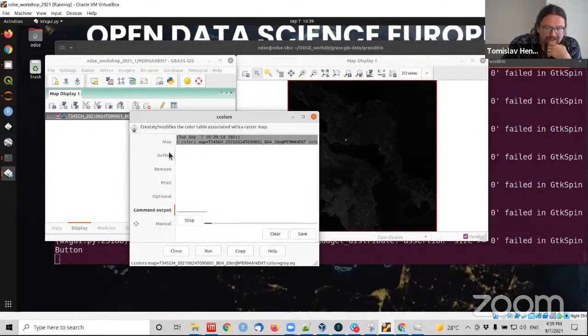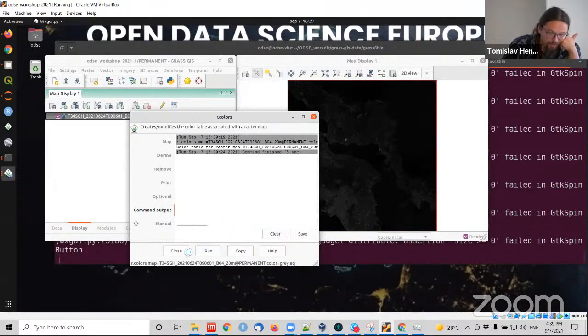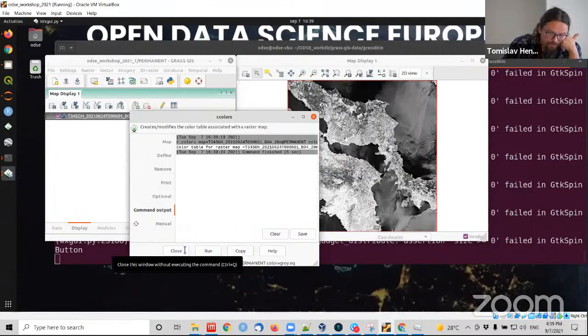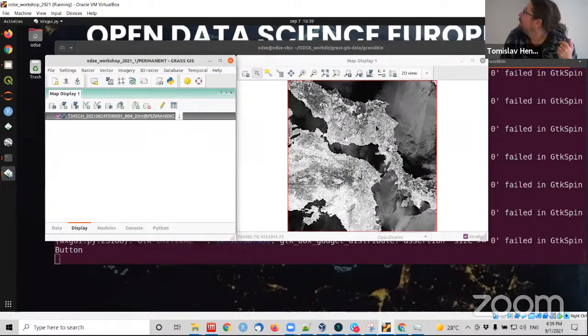So run. It will take some time because GRASS will read the whole data, and it will perform equalization. So now you see, well, here are the ocean, and so on. So maybe let's copy